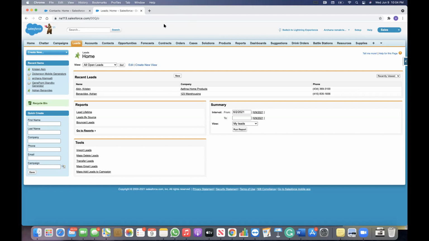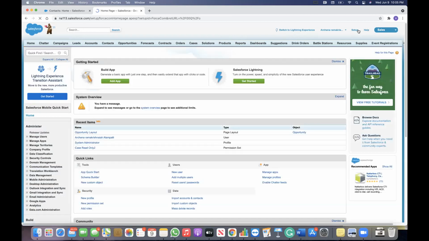Okay, sorry guys. Now next we'll see how we can create a custom object in Salesforce. So Archana, could you please click on setup? A custom object is something we can always create for a business requirement, because we have standard objects and we can always use them, but there might be cases where